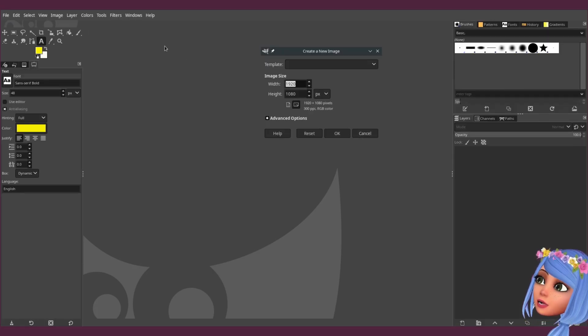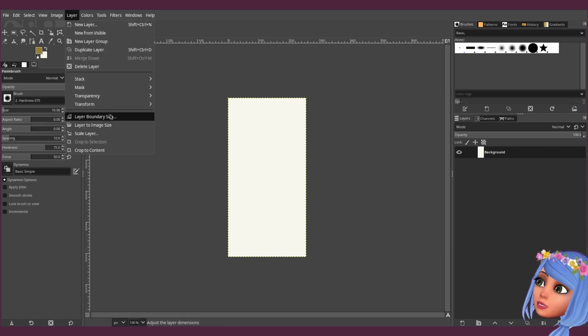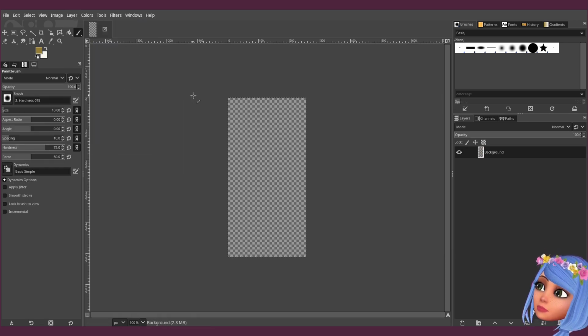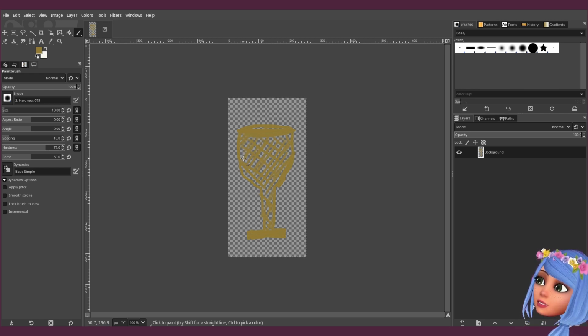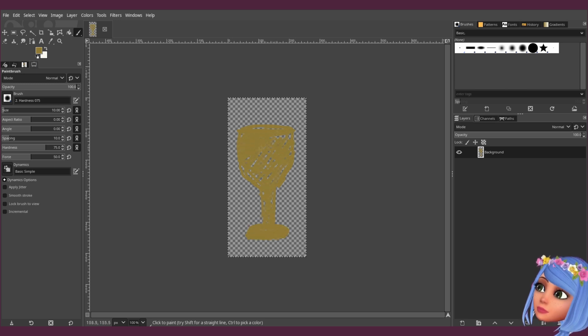Let's have 512. Let's do 256 by 512. Layer transparency alpha, and let's draw trophy. It's looking kind of sad. Okay, let's get the black thing, some accents.